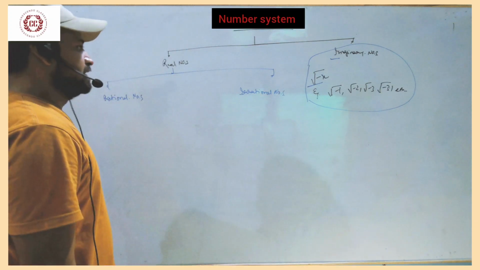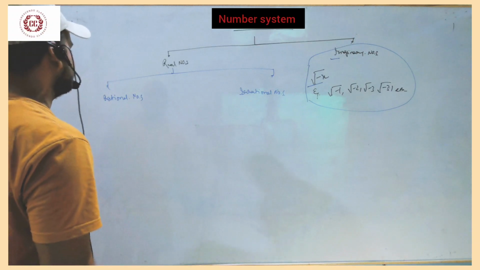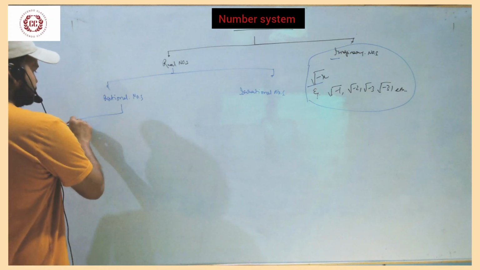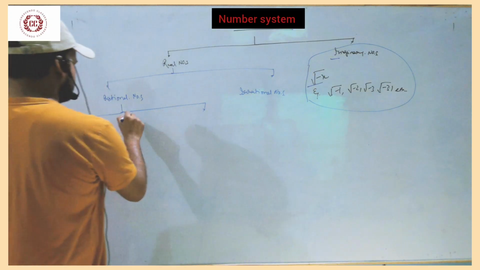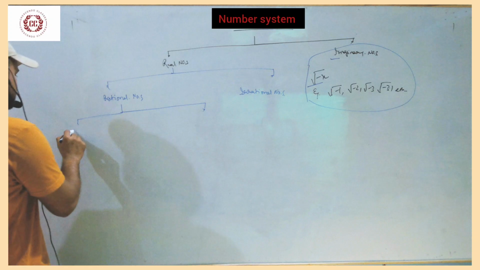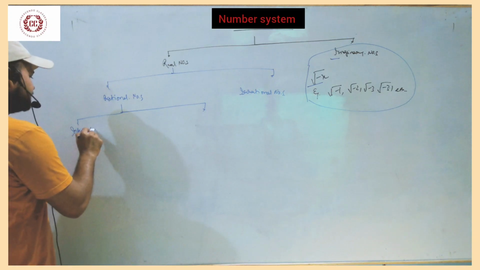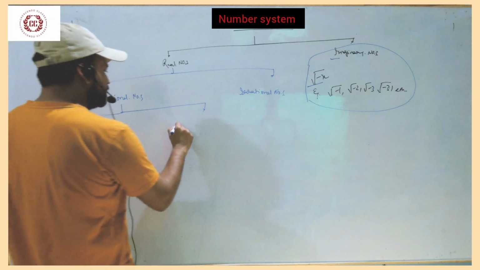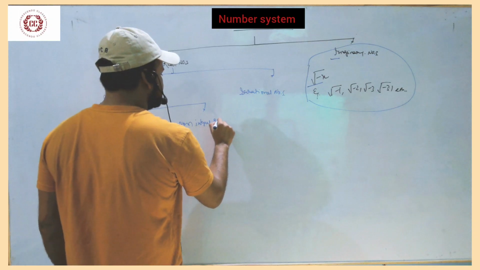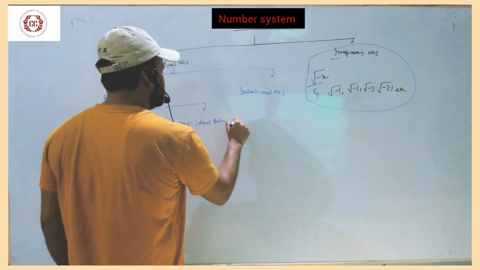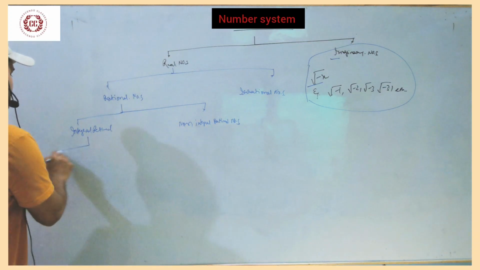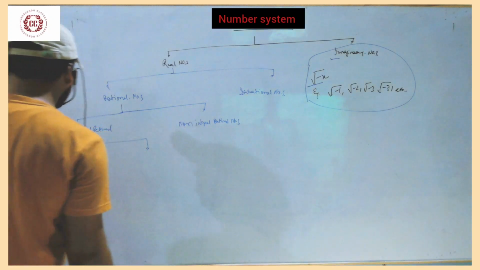Rational numbers can also be classified into two parts: integral rational numbers and non-integral rational numbers. Integral rational numbers can be broadly classified into three parts: